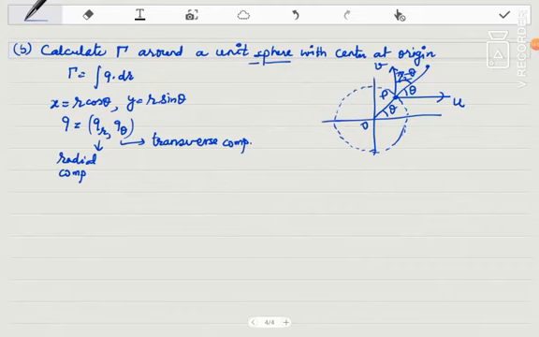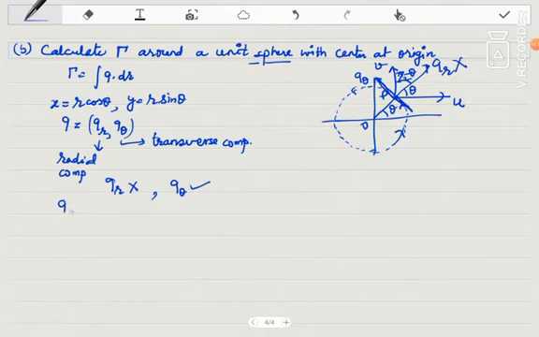So since we are talking about the circulation, and in circulation q is the tangential velocity, that means I am interested in this type of flow. It simply means I am interested in this component of velocity, which is q theta. I am not interested in qr. This is the radial component of velocity. So qr is 0 in this case, or you can say I do not have to consider qr. Qr will not be considered, only q theta will be considered.